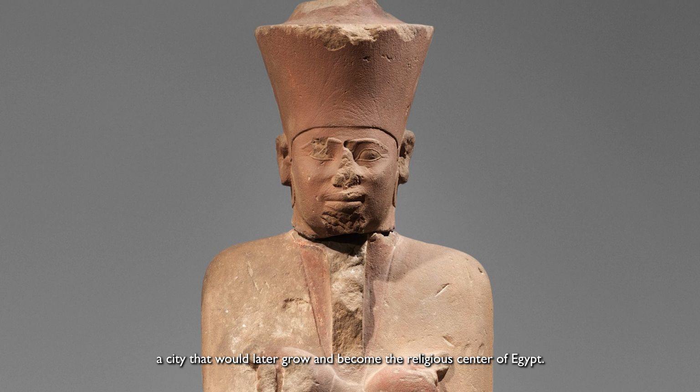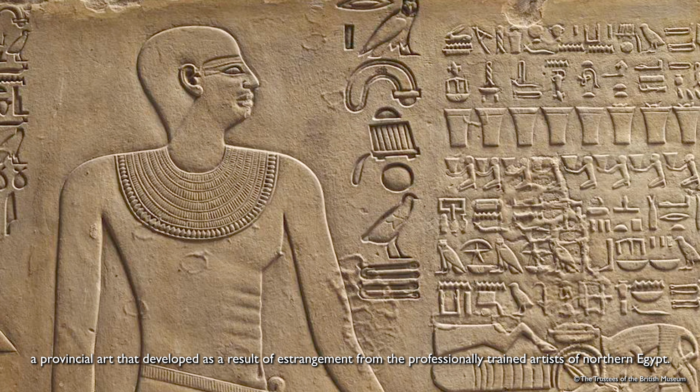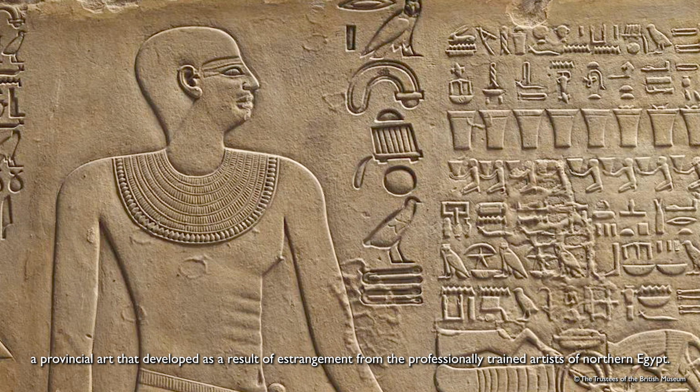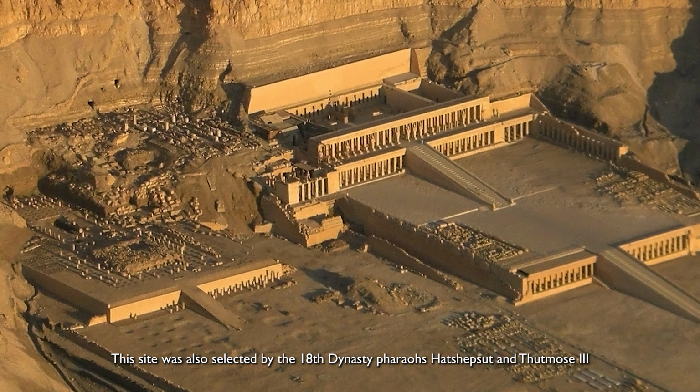During the First Intermediate Period, a new type of art emerged in the south, a provincial art that developed as a result of estrangement from the professionally trained artists of northern Egypt. Such art continued into the reign of Neferhotep, who also implemented innovations to architecture, exemplified by his mortuary temple abutting and partly cut into the western cliffs of ancient Thebes, a site now called Deir el-Bahri. This site was also selected by the 18th dynasty pharaohs Hatshepsut and Thutmose III for their own mortuary temples that